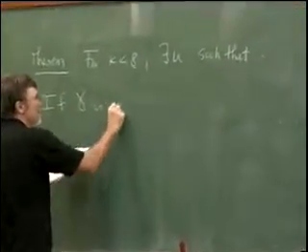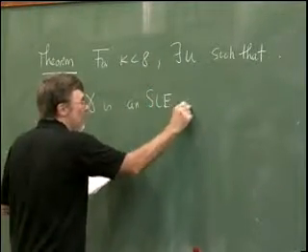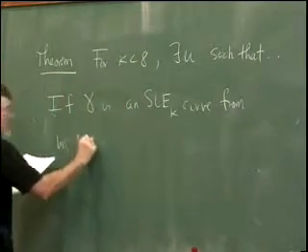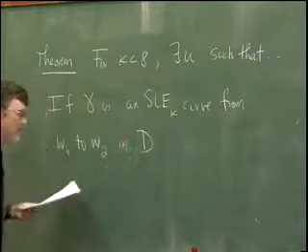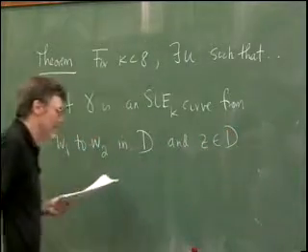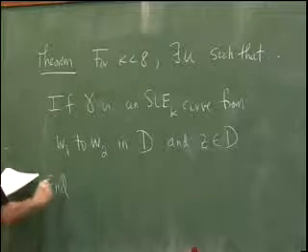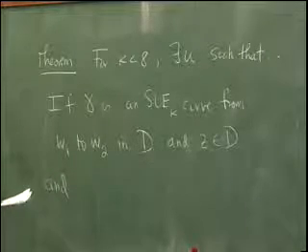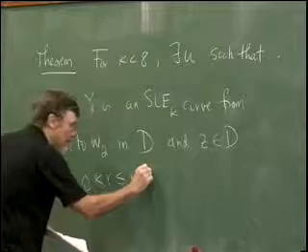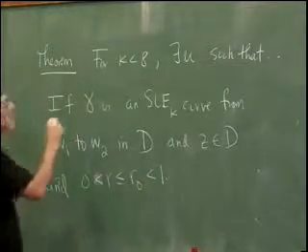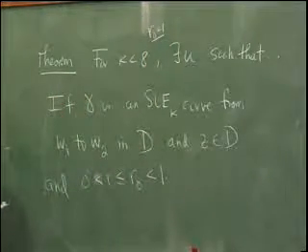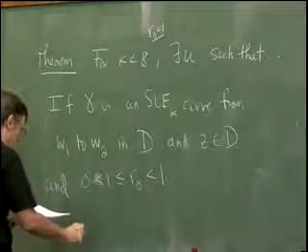If gamma is an SLE kappa curve from W1 to W2 in D, and if Z is in D, and, just to play it safe, I'm going to have an R naught, so maybe I should also say R naught less than 1. So we'll only do this for R less than R naught. Well, I can choose any R naught that I want, but the constant may depend on it. Then